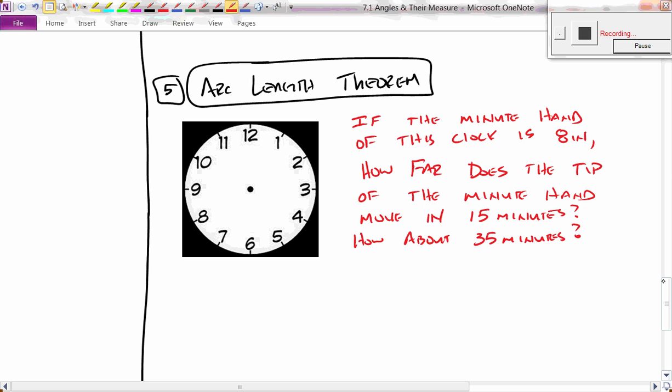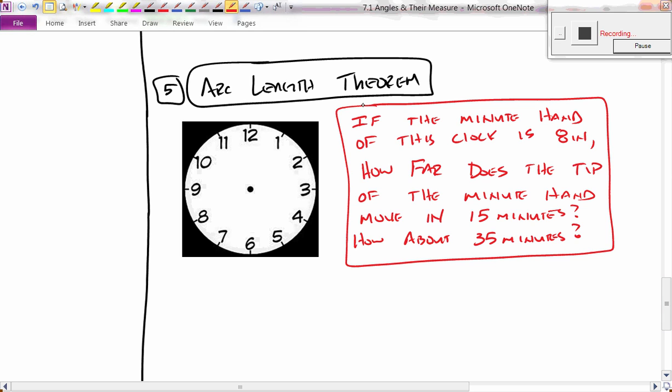Okay, last idea. You do not need to write down the wording here. You can just follow along, but you have to be able to solve this problem because there's one just like that in your homework, so I want to go over it with you. It's the clock problem. It's a great clock problem, and it also covers the arc length theorem, which is our first important theorem dealing with trigonometry. Here's what it says: if the minute hand of a clock is 8 inches long, how far does the actual tip of the minute hand move in